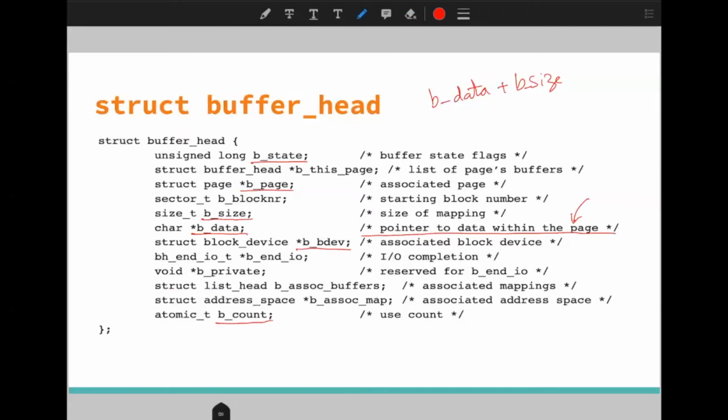Here you can see that with the help of the buffer structure, we can do disk IO operations. Disk IO operations can be read or write. We have to write the data on this particular block or buffer in the disk. For that purpose, we have this pointer, and this is the size, and this tells which page it is associated with, to correctly do the read or write operations on the disk.